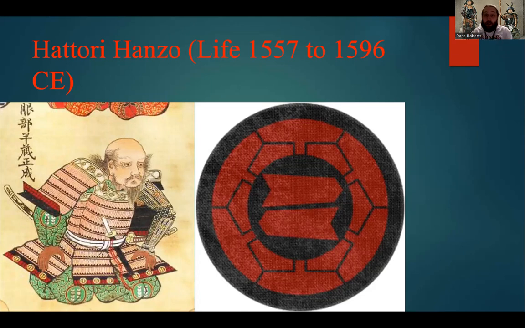Of course, as you see right here, Hattori Hanzo would eventually die in 1596 CE. We're not sure how. One of the best thought theories is that he was ambushed by a rival general. Fumakotori was on the run, and Toyotomi Hideyoshi and Tokugawa Ieyasu sent Hattori Hanzo with a military regiment and fleet to go get him.